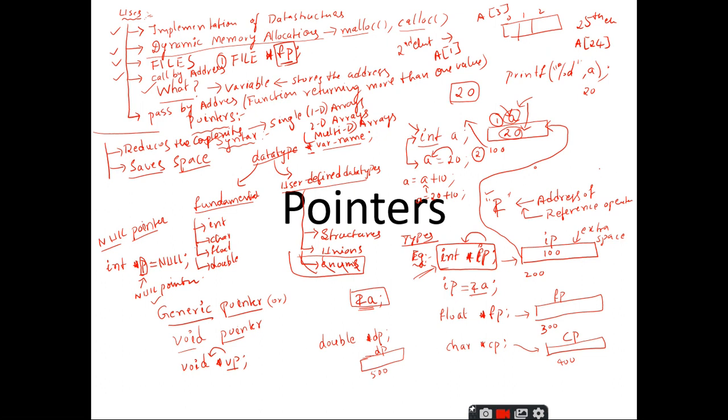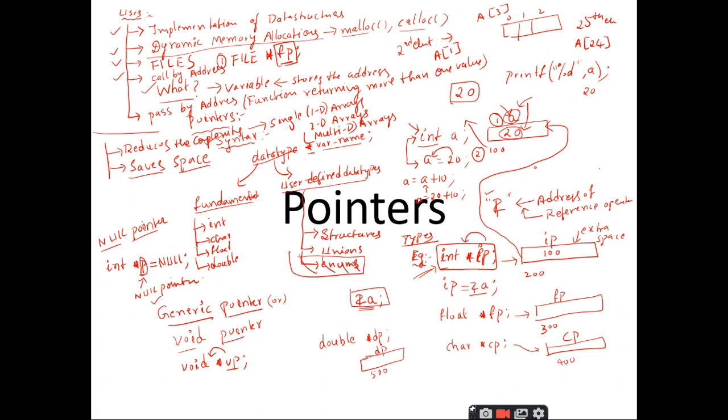And pointers are very strongly related with dynamic memory allocation. Without pointers, no dynamic memory allocation. The reason is the malloc function and calloc function that we use for allocating the memory will return an address, and that address should be stored inside a pointer. So pointers and dynamic memory allocation are strongly related to each other.